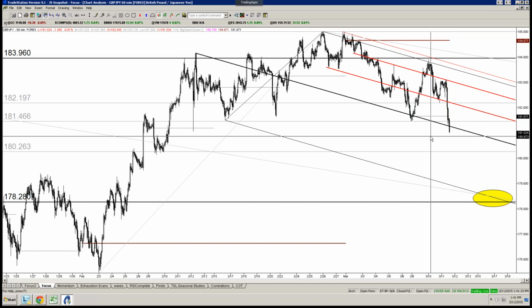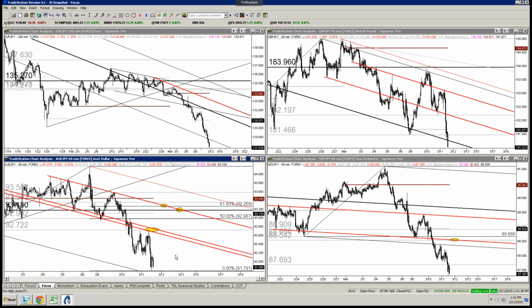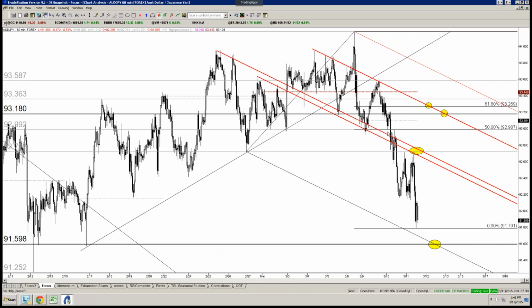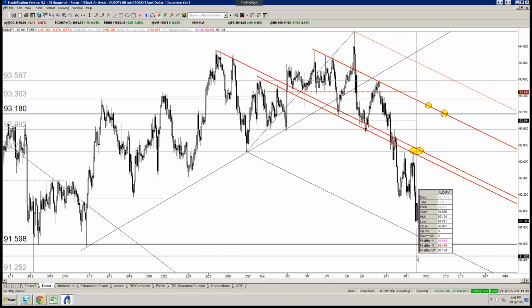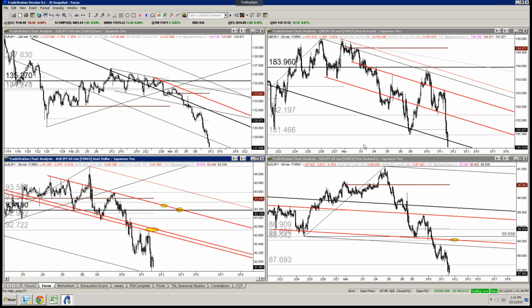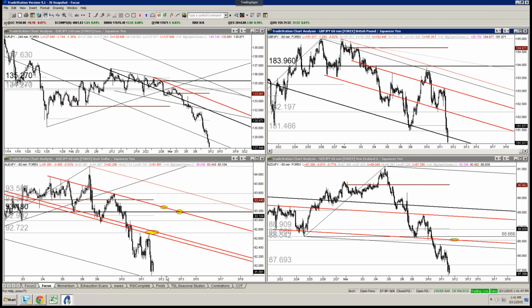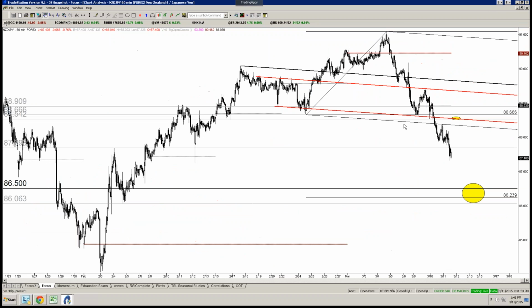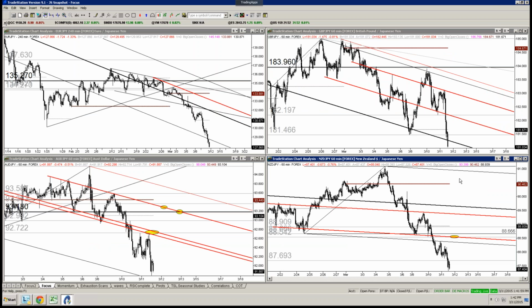Okay. The Aussie yen, this was a zoom and retest right here, right? Zoom, retest. Okay. And now it's going for 91.60. So that was a good example of a zoom and retest on the Aussie yen. Would like to get one on Kiwi yen tonight or Kiwi dollar, right? I think that could be quite